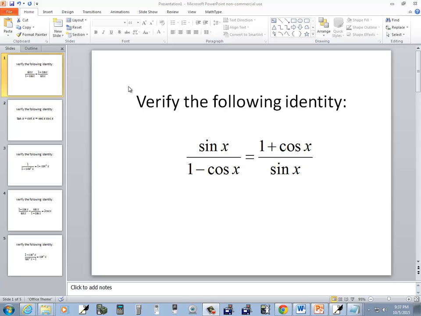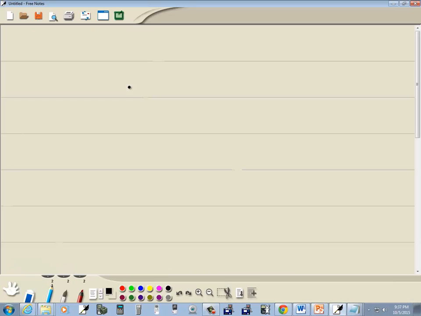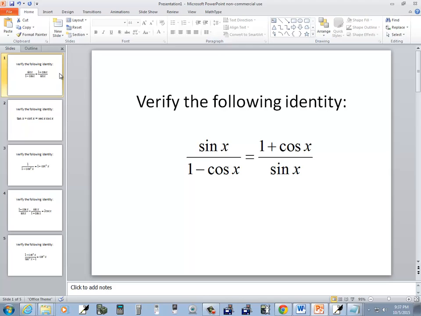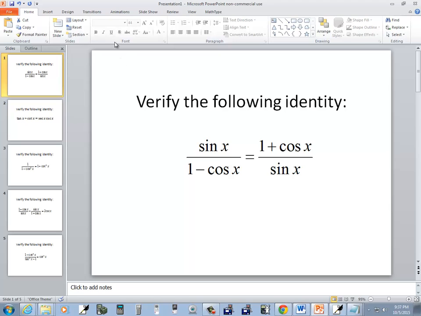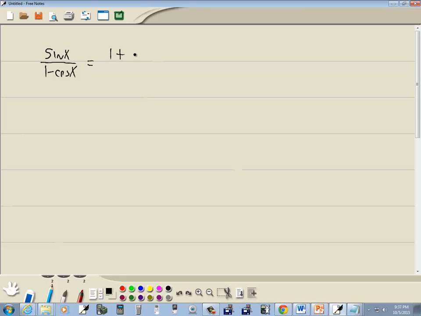Let's take a look at this problem. We want to verify the following identity. We've got sine x over 1 minus cosine x is equal to 1 plus cosine x over sine x. Now I'm going to start with the left side, and the reason why is I recognize that this might be